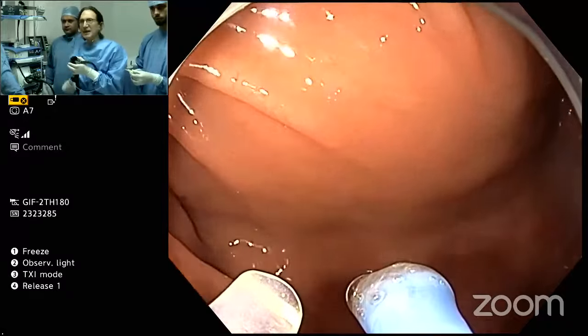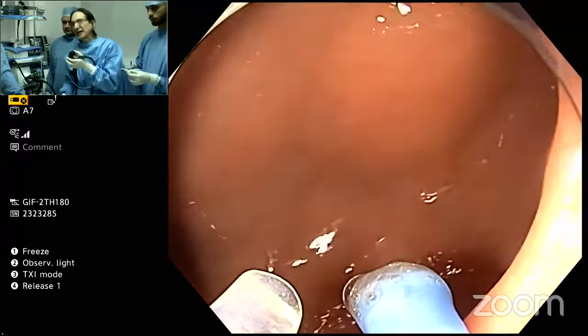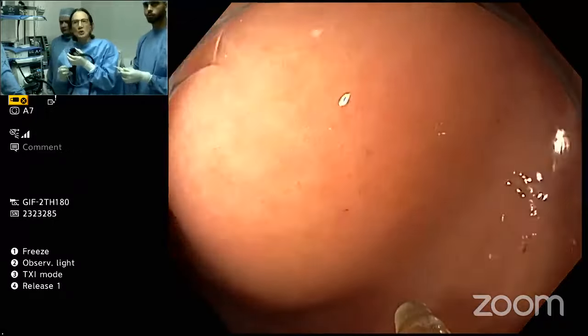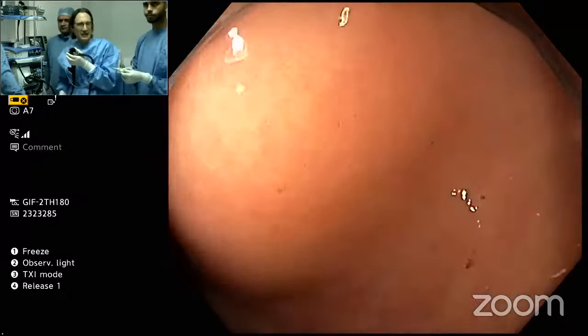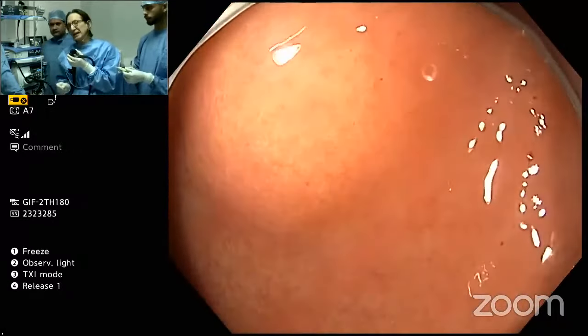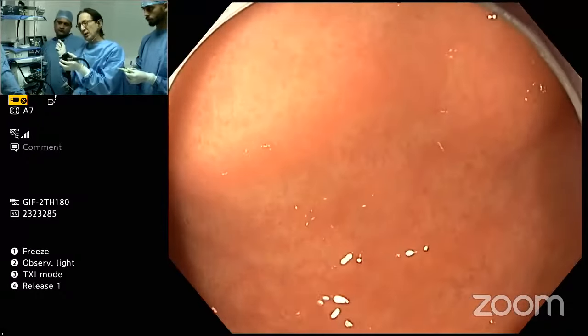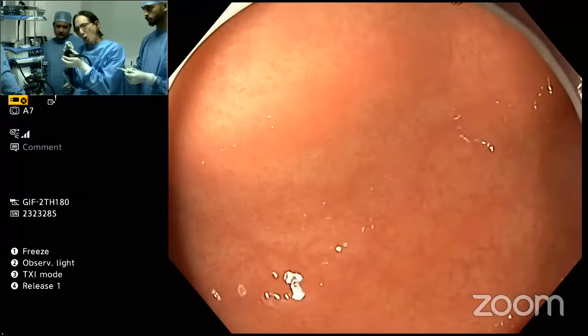That's all. So let's go ahead and we'll just stick now with the double channel to show you, but you could do this also with a single channel, because you can deploy the helix and then you can pull out, you have the suture in the working channel, and then you open up